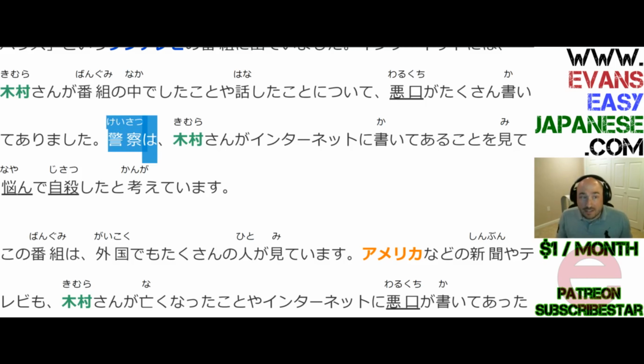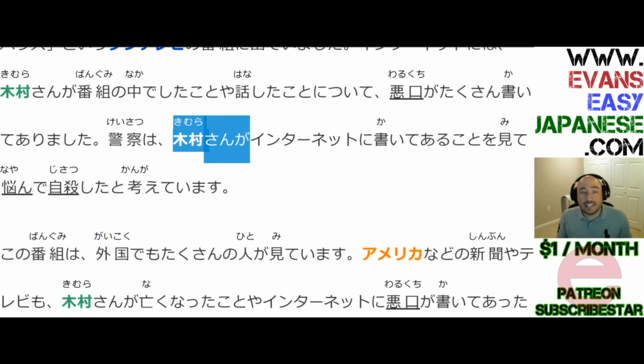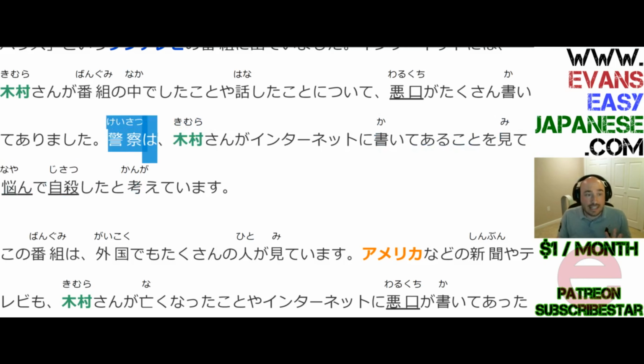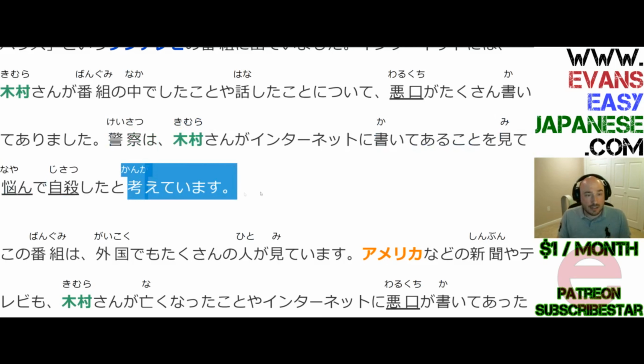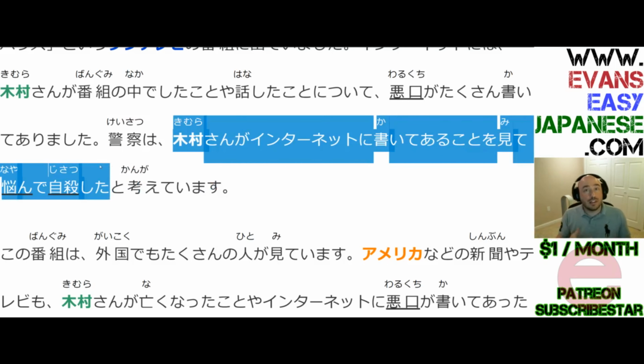Keisatsu wa, because it's a wa, it's kind of the super subject, and so it gets the sentence-final verb. Kimura-san ga is the baby subject, right? The thing that they're quoting is this, right? The actual sentence is keisatsu wa kangaitemasu. The police are thinking. What are they thinking? Honestly, this is less important than the fact that the police are thinking. Obviously, without this chunk here, the sentence is basically worthless. But grammatically, the police are thinking blah, blah, blah.